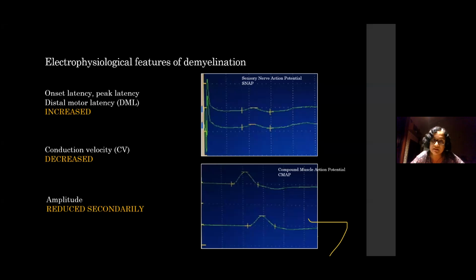The reason is that the sensory responses that we record are tiny responses. They are in the measure of microvolts, while the motor responses are millivolts. So they're much easier to elicit, and much easier to see on the screen. You can place the cursors very clearly there, while if you see the sensory response, the uptake is not so clear. So you could move your cursors a little bit, and when you move your cursors, you can get different velocities. So it may not be the right velocity. That's why when we diagnose a demyelinating neuropathy in nerve conduction studies, we diagnose it based on motor responses,